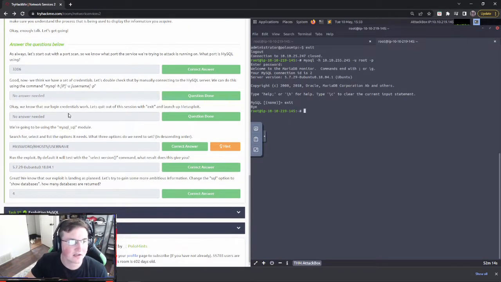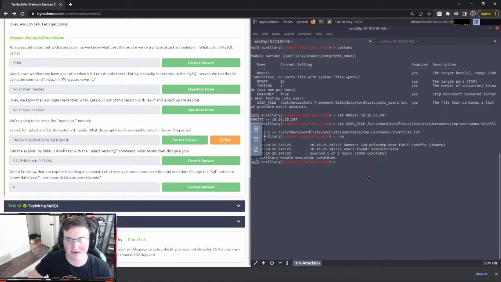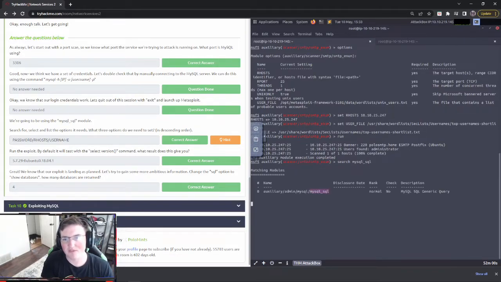That's good. So now we're going to use, looks like we're going back into Metasploit. Good thing I left it up, huh? Almost like I knew what was coming. All right, so we're going to search mysql and sql. Now, one thing I'm going to tell you guys is all this stuff we're doing with MySQL and some of the other things, these can all be done manually.